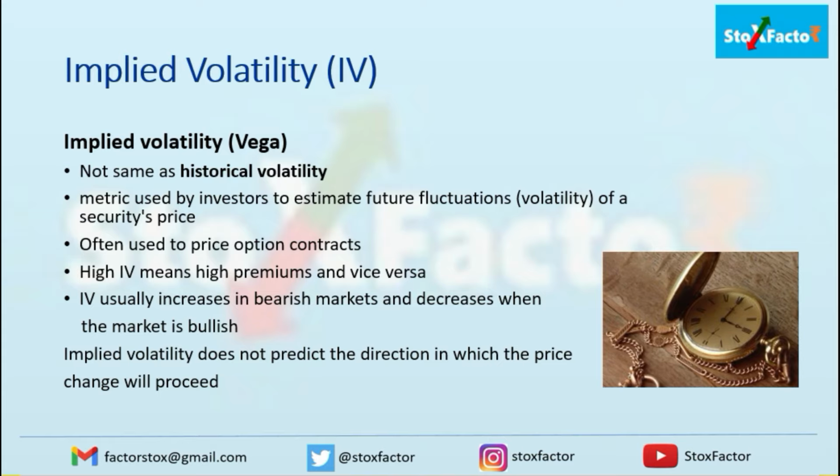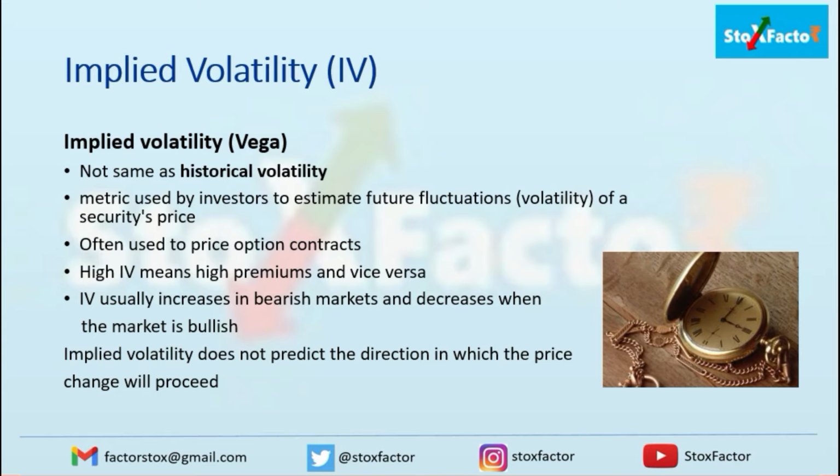Then what is gamma? Gamma is the change in delta. Rho is the interest rate, and then vega. Vega is more important, because implied volatility refers to vega. When you are doing intraday option trading or mainly index trading, you will generally encounter these option Greeks. Vega, the implied volatility, is generally used to gauge the movements of the option or the underlying security, because volatility tells you how the price can move in either direction, but it doesn't give you an idea about the direction itself. It will generally tell you that a bigger move can happen on either side.